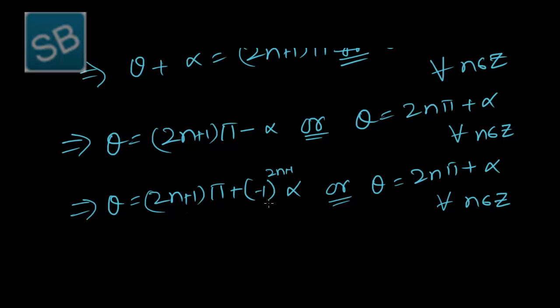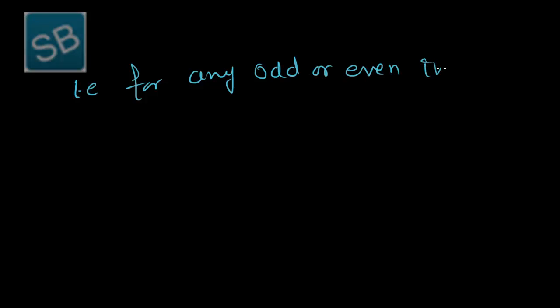So this condition holds for the odd case. This is for the even case. So by joining these two, we will get a general solution of the form, replacing 2n plus 1 and 2n by integer k. K may be even or odd integer. So for any odd or even integer,